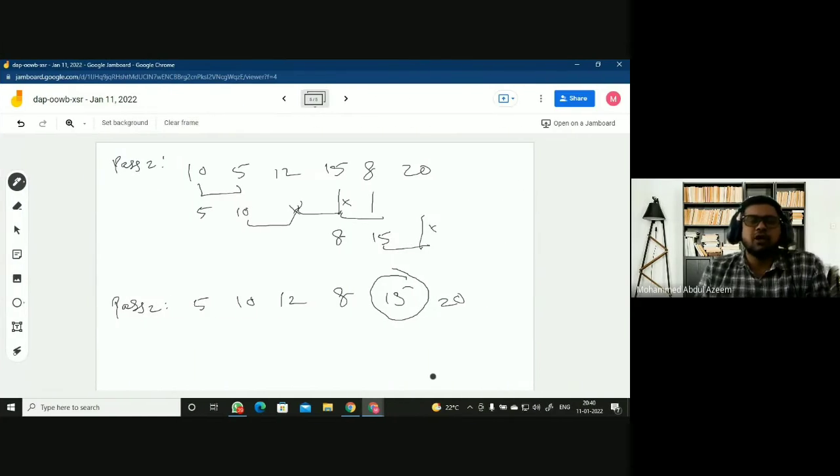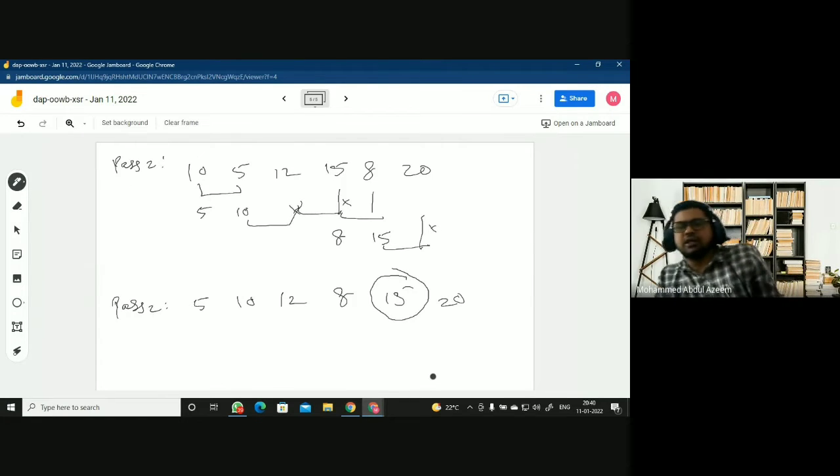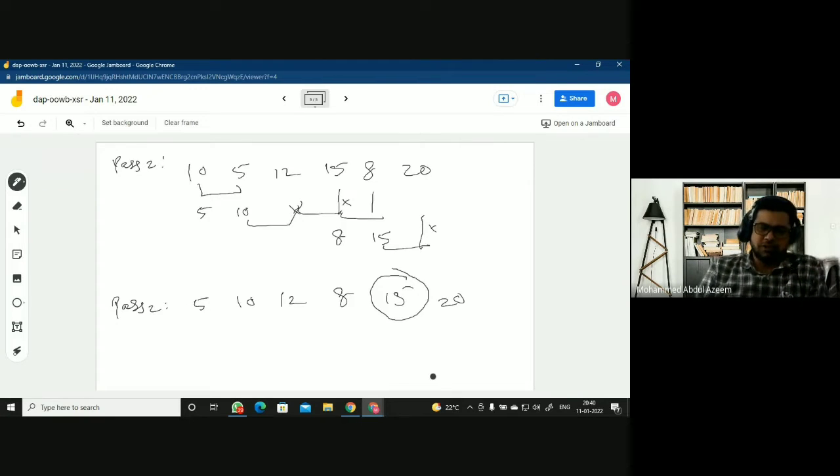So why is this particular algorithm called bubble sort? Because if you look, the elements are getting sorted from the bottom, from the end. When you pour water into a bucket with a mug, what happens? The bubbles start coming from the bottom itself. That's how the name bubble sort is given, right?